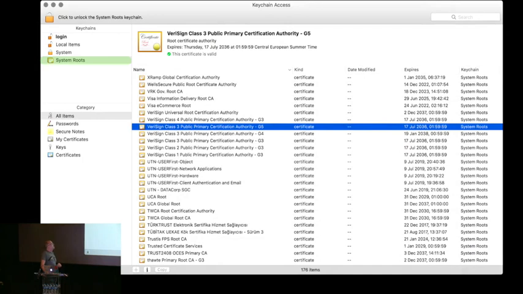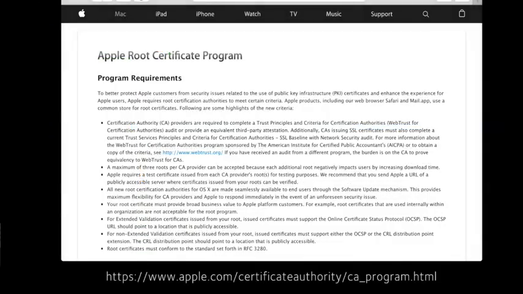So where are these root certificates visible? You open Keychain Access and you click on the left column into System Roots, and there you will see a lot of interesting ones. I don't know, the Germans would make a joke. TurkTrust, I don't know if I would trust them. Nonetheless, there is a rule how to get in there, and Apple has published that,